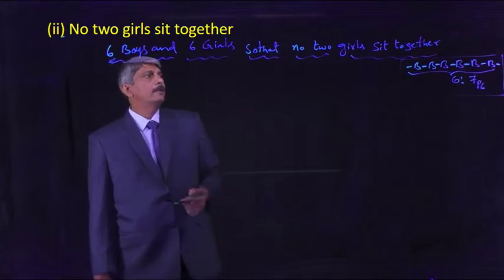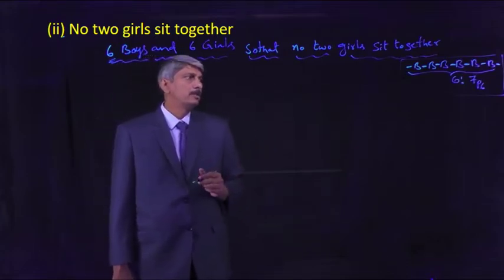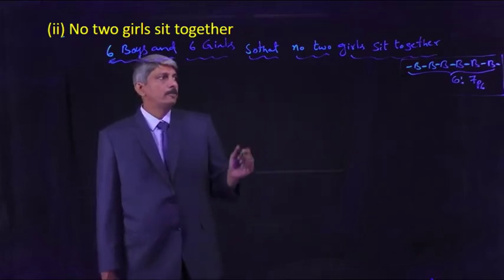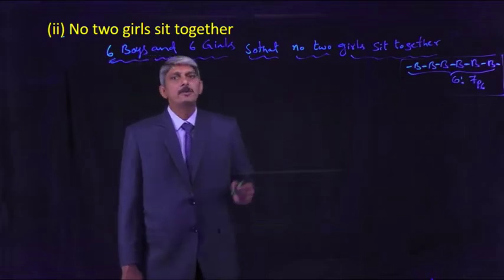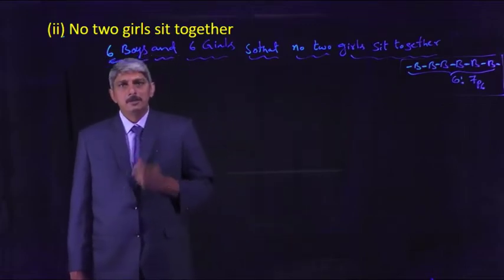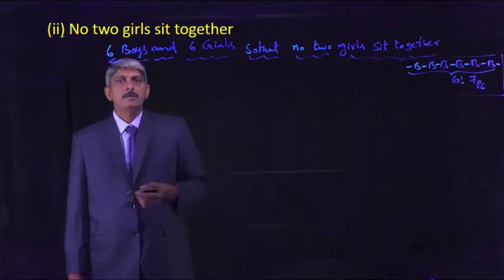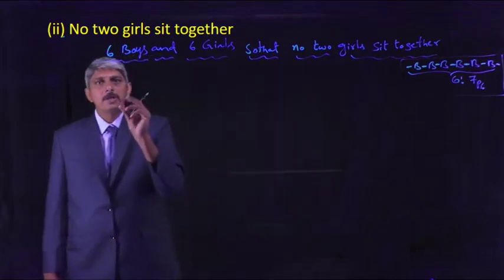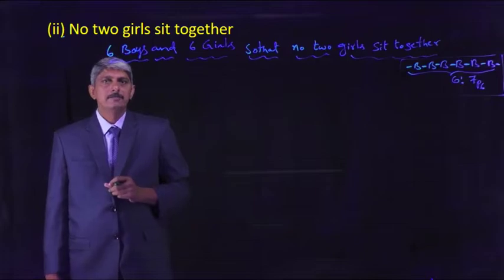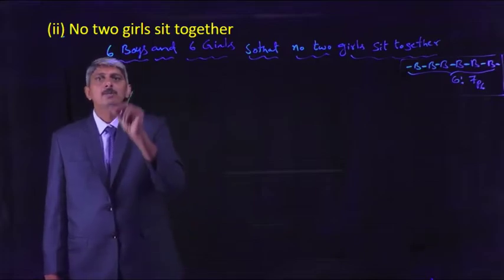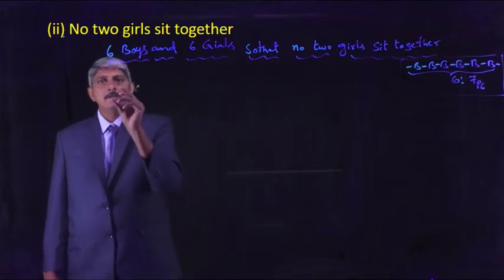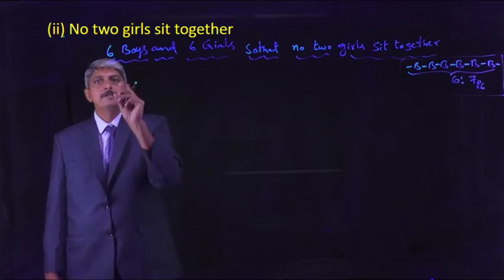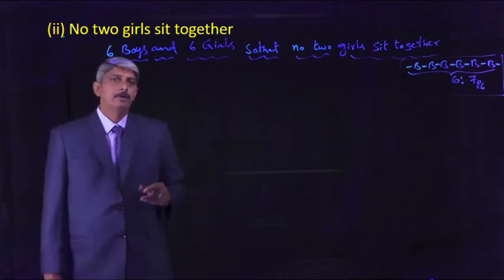The number of ways of arranging 6 boys and 6 girls so that no two girls come together means first we arrange boys in 6 factorial ways. There are 7 gaps. In these 7 gaps filled by 6 girls in 7p6 ways. Now we are going to discuss the circular permutations. In the circular permutation also, no two girls sit together means first we arrange boys around a circle. Here how many boys? There are 6 boys. Now arrange 6 boys around a circle in how many ways? By the formula n minus 1 factorial. Here 6 minus 1 factorial, that is 5 factorial ways.